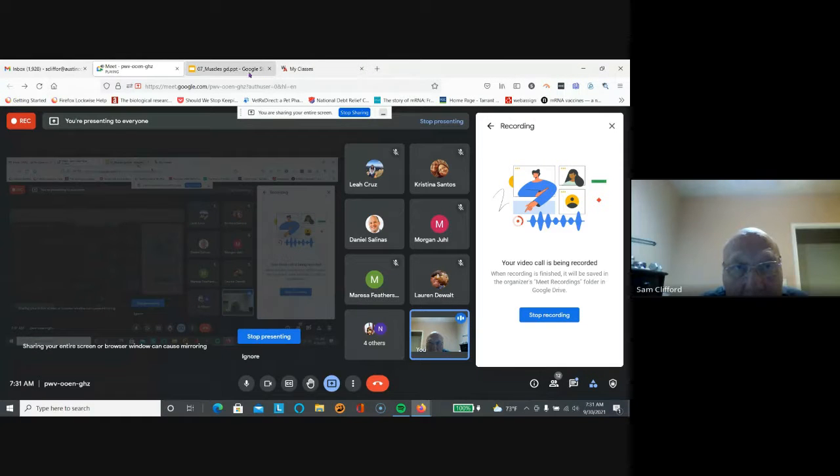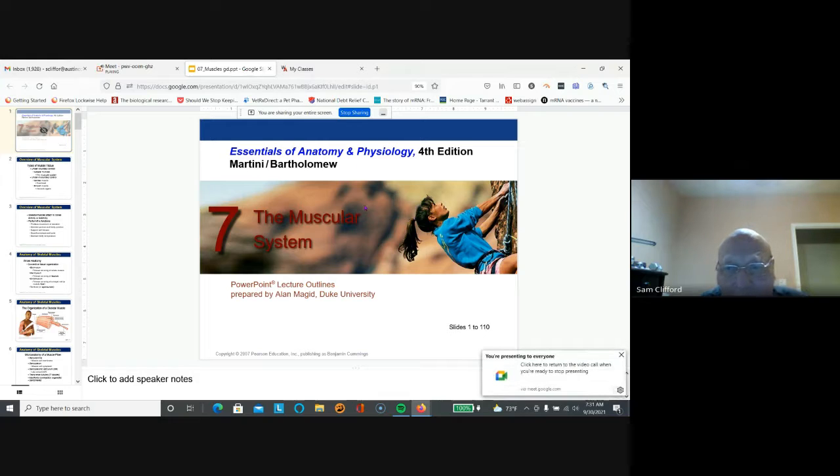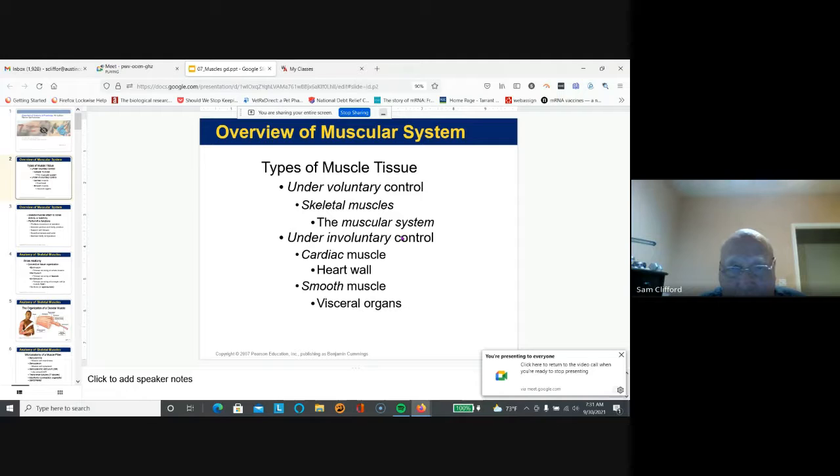Okay, so we're on the muscles PowerPoint. So muscles let us move. And skeletal muscles are called voluntary muscles. And then cardiac muscle is very important, obviously. I know about that because,